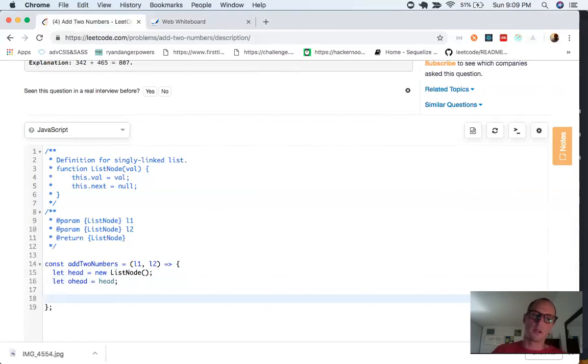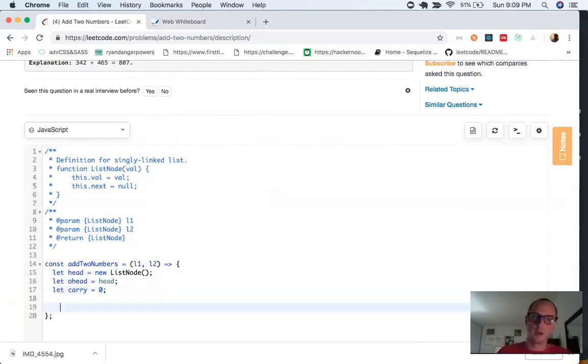And so now at this point, we also need to initialize a carry, right? We need to keep track of the carry number that we talked about. The carry number is going to be whether or not we need to add 1 to the next number. So the next thing we need to do is increment through both of these lists, L1 and L2. While there is still a value in one of the 2 lists, we need to keep looping through that list. We'll do a while loop, and we'll say while L1 or L2,